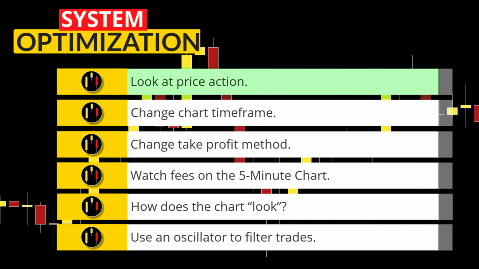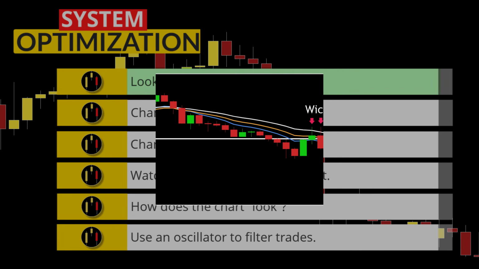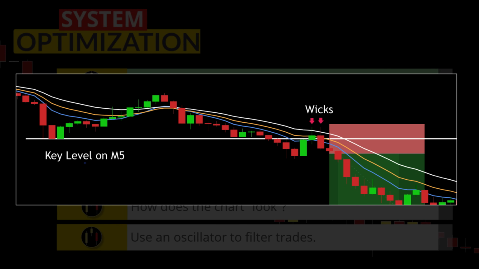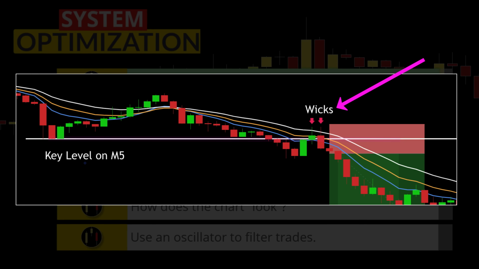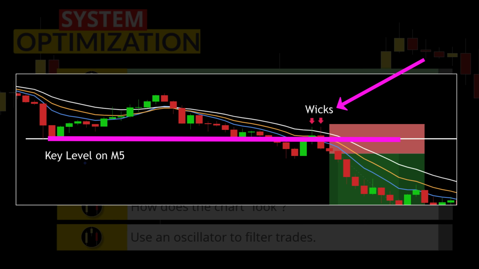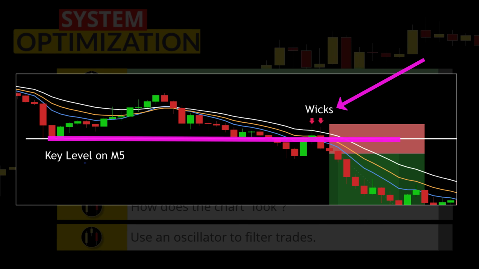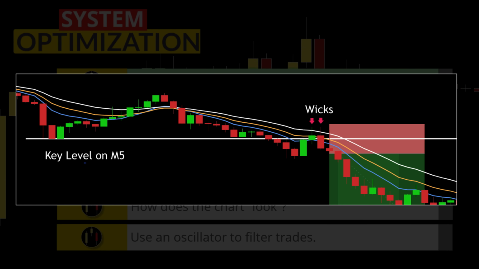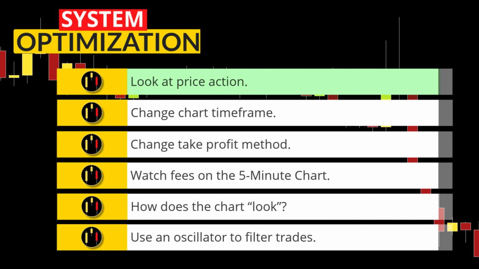First, looking at simple price action and market structure can be extremely powerful to get you into trades. Here, you can see the system rules met, but with the added confluence of double rejection on the EMAs at a key resistance level. The chances of this setup working out is greatly enhanced with this confluence.